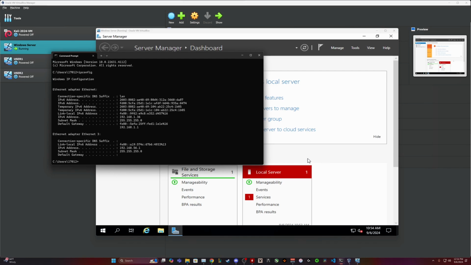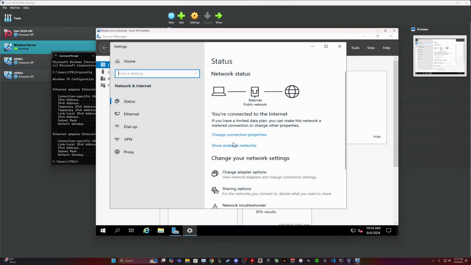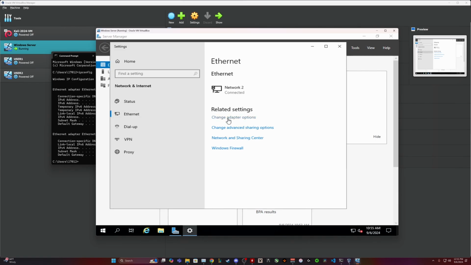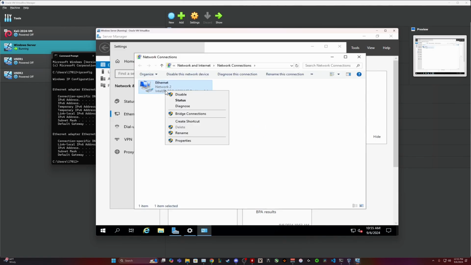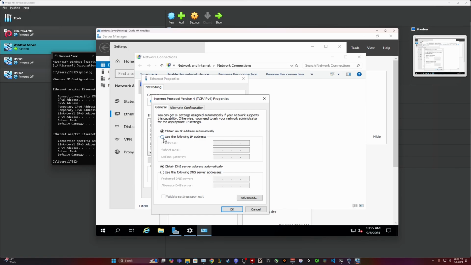So going back to our server, I'm going to right click on the little computer down here, and then open network and internet settings. I'm going to go to Ethernet, change adapter options, right click this Ethernet, hit properties, and then find Internet Protocol Version 6. I'm going to uncheck that one, and then at IP version 4, I'm going to double click, and select use the following IP address. So this is setting up a static IP address. And then I'm just going to select